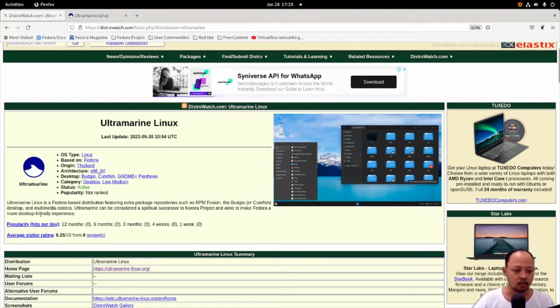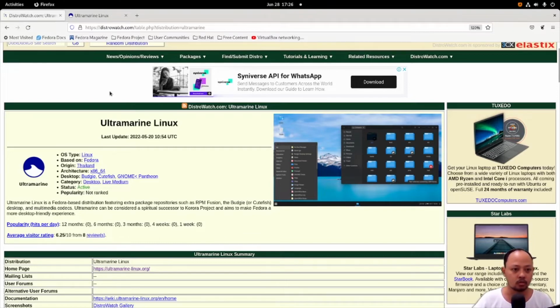Besides that, it's already bundled with the multimedia codecs. It's different from Fedora because Fedora is not bundled with the multimedia codecs.